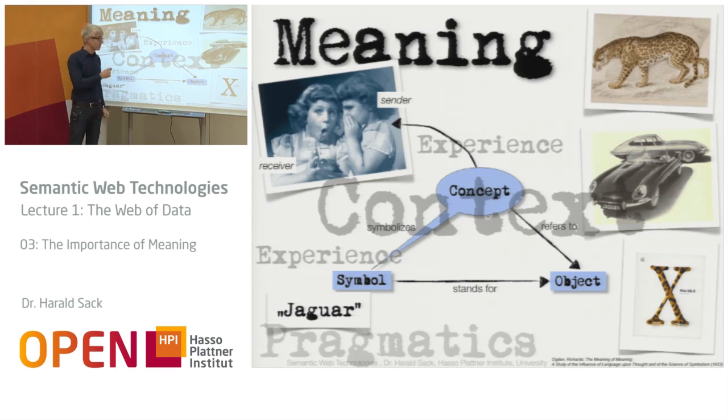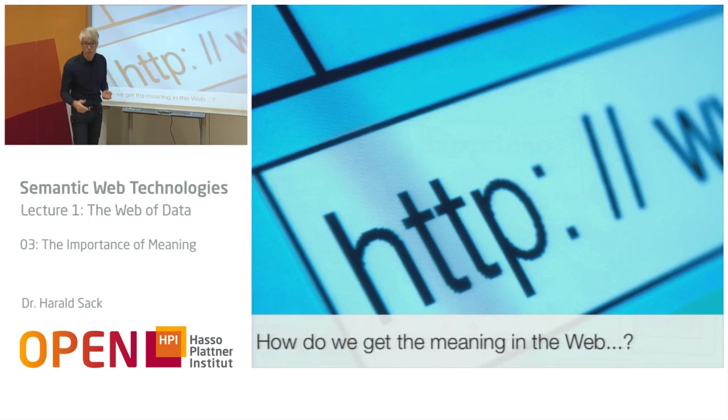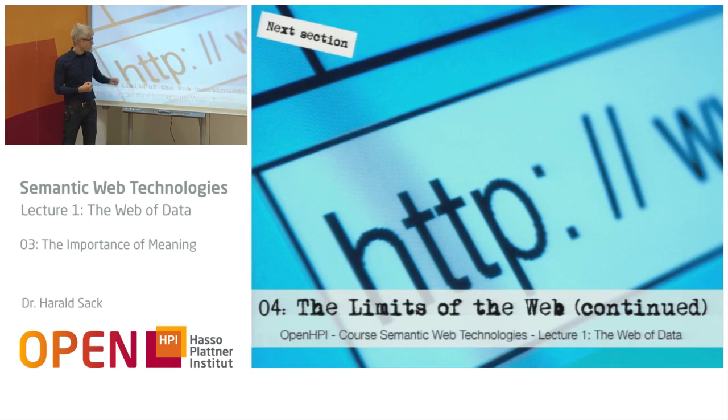So, this is in general how language works, how communication works. And the problem here, of course, is, what about the web? How does communication work in the web? And not only related to us humans, but how can machines participate in this kind of communication and understand the information inside the web, to make the web usable for us humans with its huge amounts of information? And this will be the topic of the next part of the lectures, when we try to explore the limits of the web.